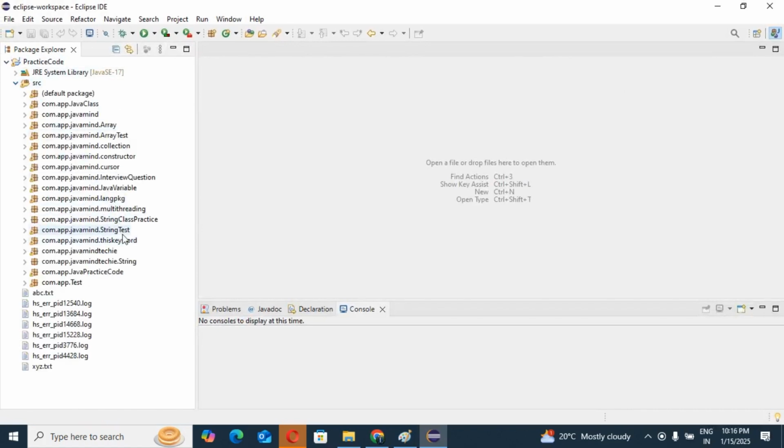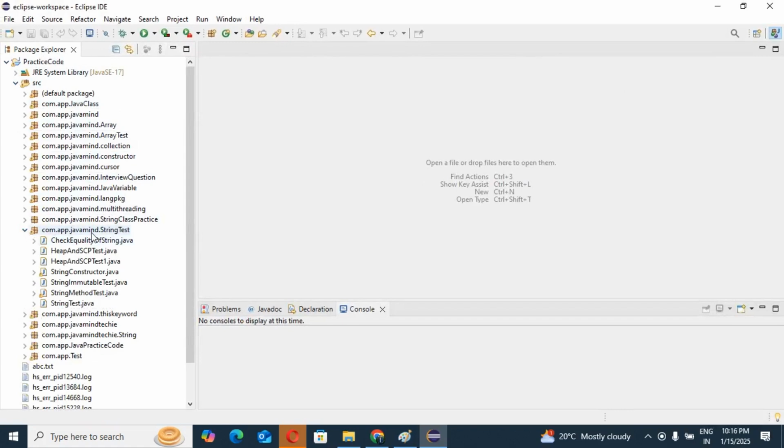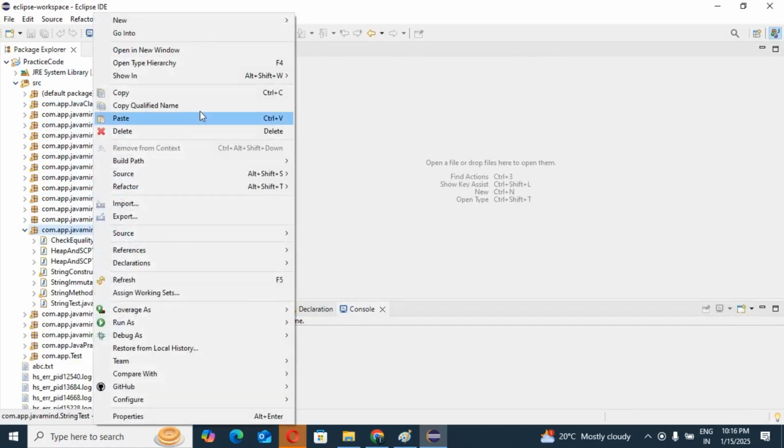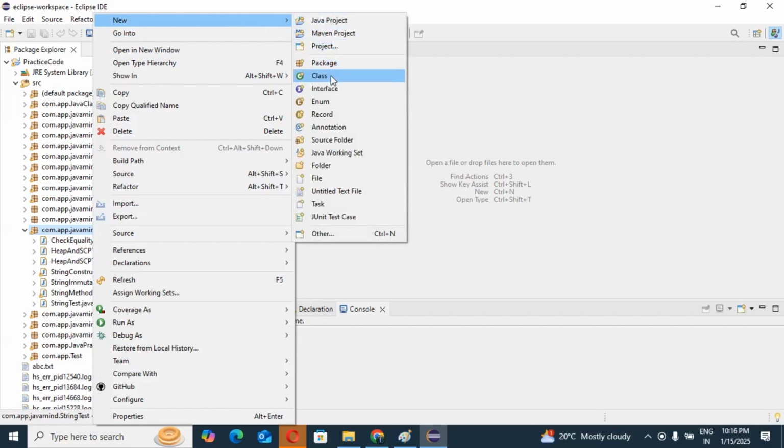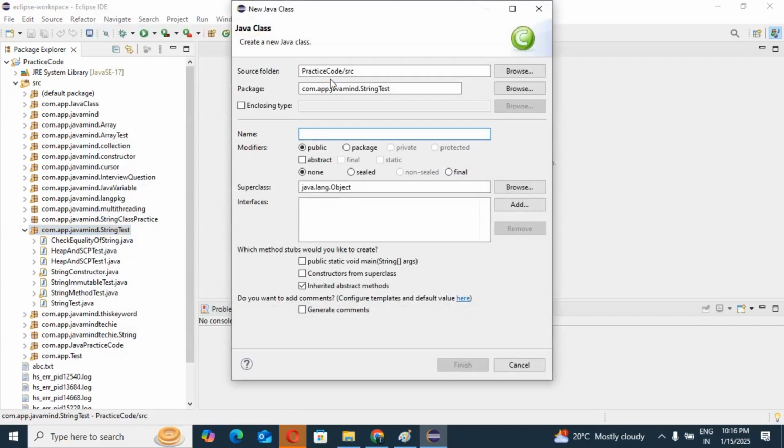So I will create one class, named StringImmutableTest, then I will write the same code and run the application in front of you. String immutable check.